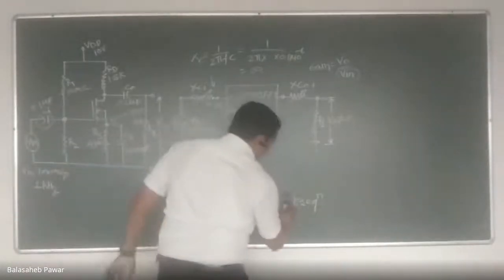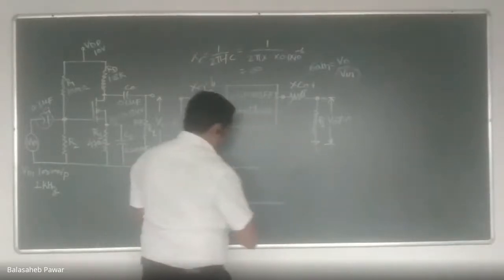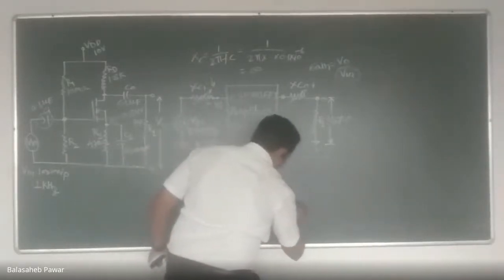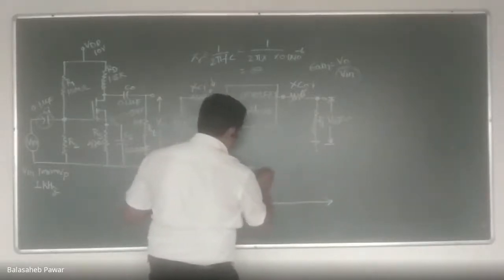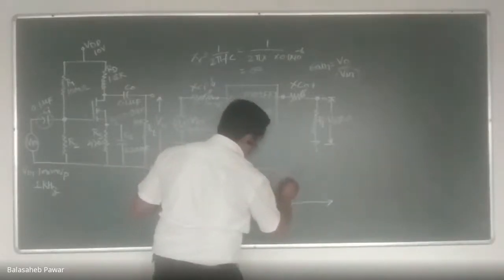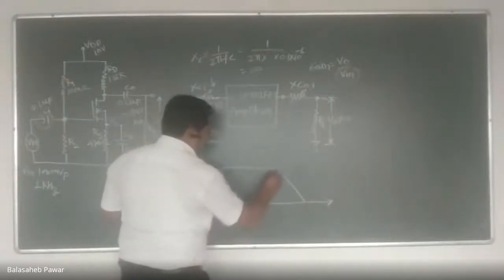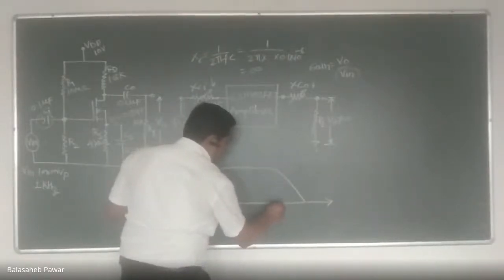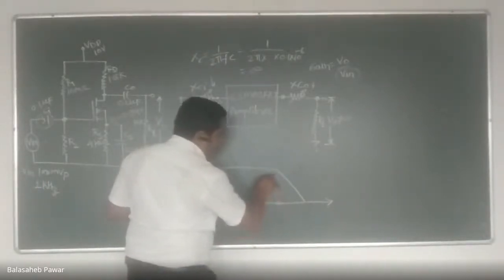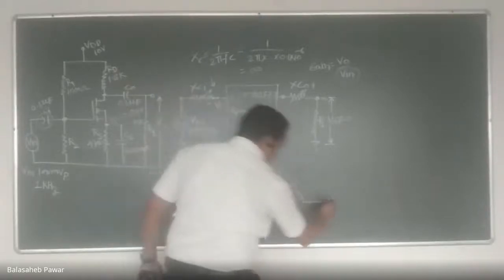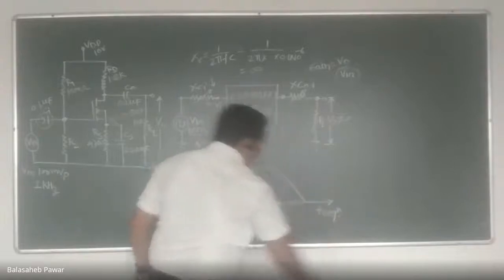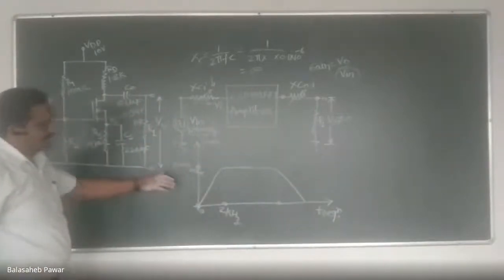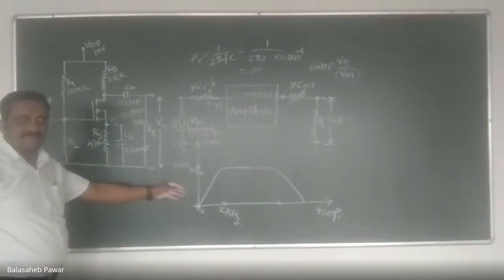Now, while studying that BJT amplifier, you might have seen, or you might have prepared, the frequency response of that BJT amplifier, and it was like this. Again, at a particular frequency, and after that, there is reduction in gain. Are you seeing such type of curve in your first year syllabus?